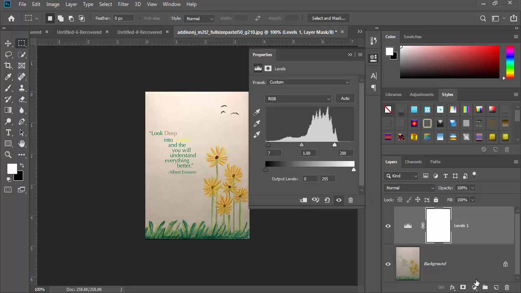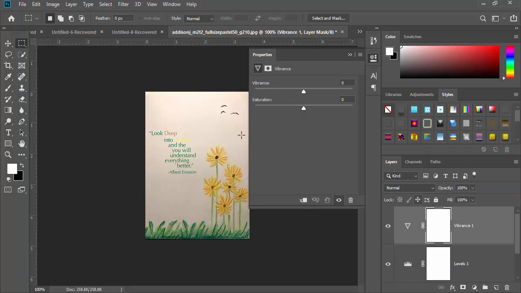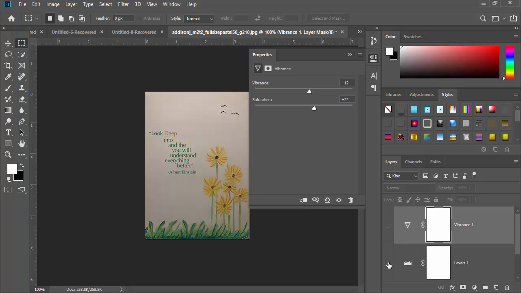Then I would also add an adjustment layer, probably vibrance, and then I would increase the saturation a little bit, bring out some of that color. Okay, so here's what it was before, here's what it was after. So you're going to have to fine tune those images you're going to include. You want to make it look presentable and so forth. So that's why you have to utilize Photoshop for